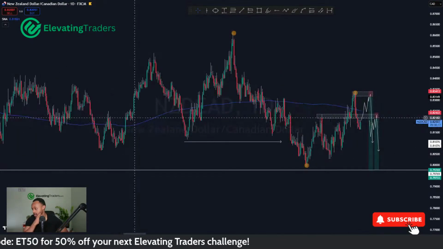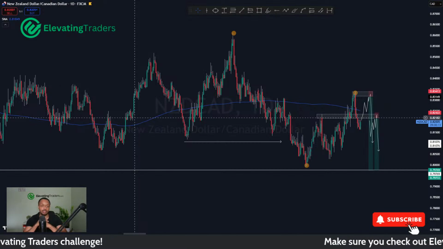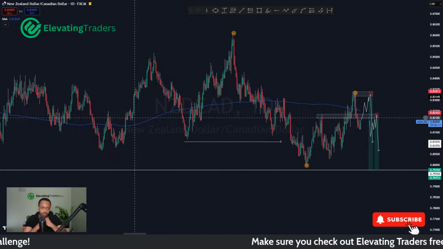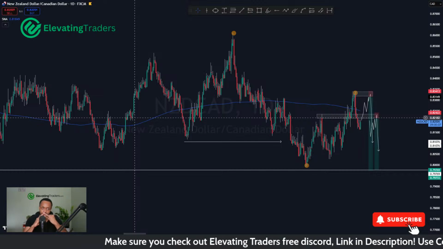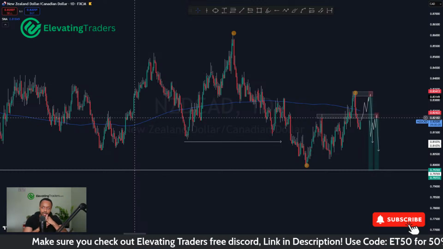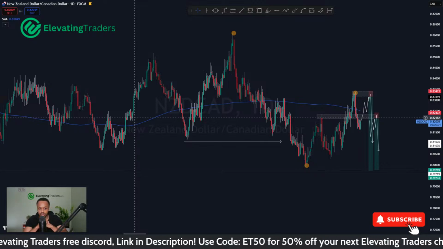So yeah, that's kind of where I'm at in terms of my watch list. Very, very bearish on New Zealand CAD, bullish on euro, bullish on pound, and very short biased on pretty much all the yen pairs. I just want them to come a little bit higher first. Looks like we've still got a bit more